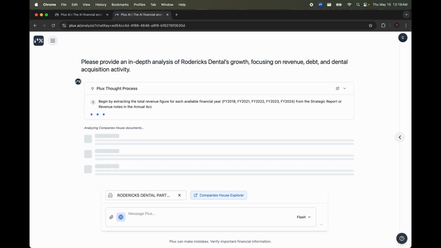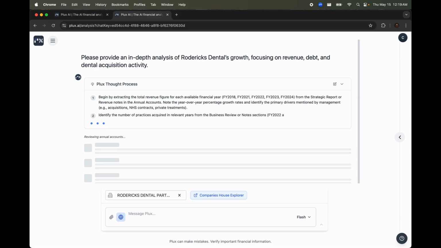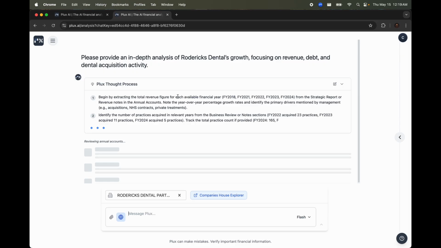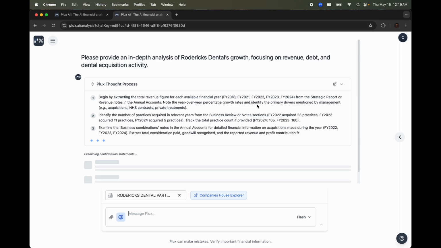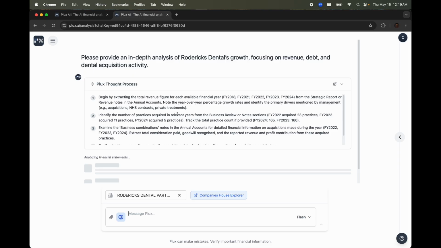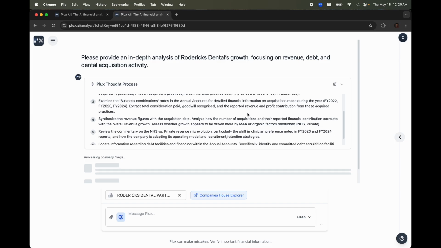It takes some time, but it breaks down the query into different steps. For example, extracting the total revenue figure for each financial year from FY 2018 to FY 24, identifying the number of practices acquired in relevant years from the business review or notes section, examining business combination notes in annual accounts for detailed financial information, synthesizing the revenue figures with acquisition data, analyzing the number of acquisitions and the reported financial contributions,